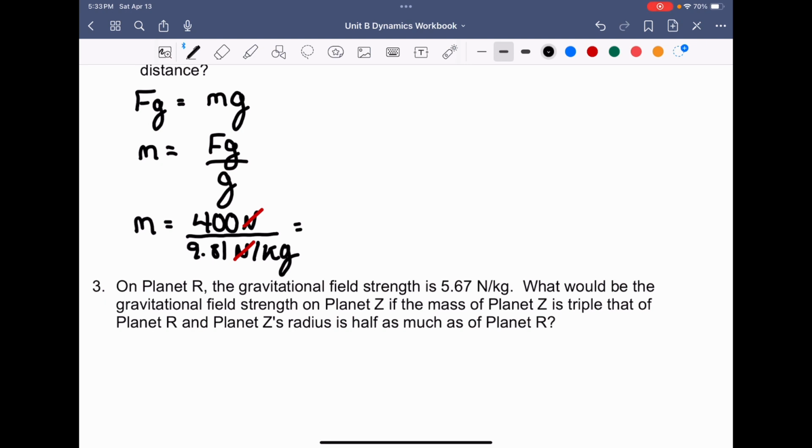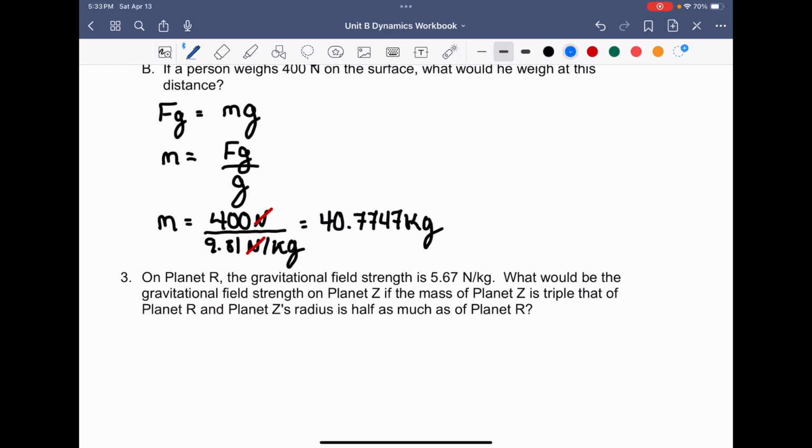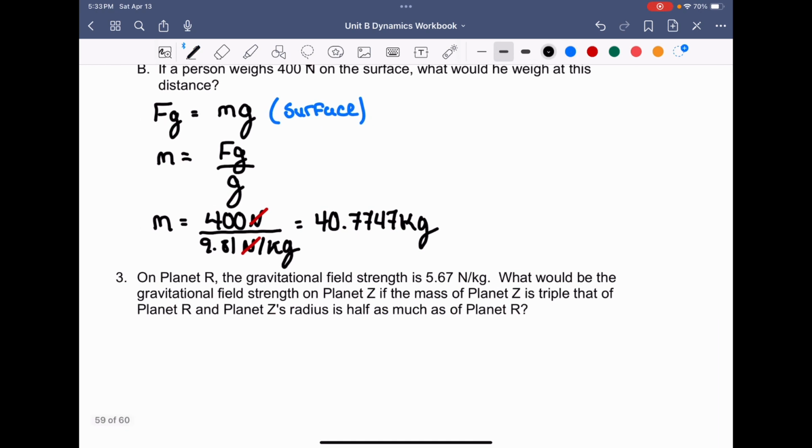Now, mass is equal to 400 divided by 9.81, which is equal to 40.7747 kilograms. And I'm just holding on to as many decimals as I can, just because until we actually get our final solution, we should be holding on to as many as we can. Now, and I'm even going to put this in brackets here, if this is at the surface, so this is the surface of Earth, then when we go to above the surface, we're going to redo this